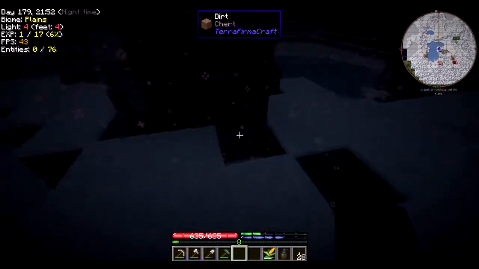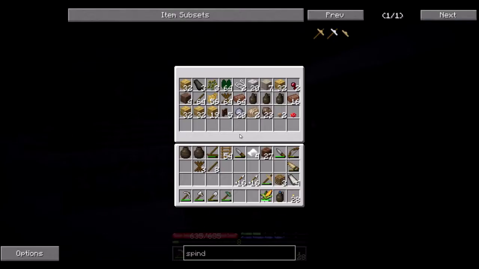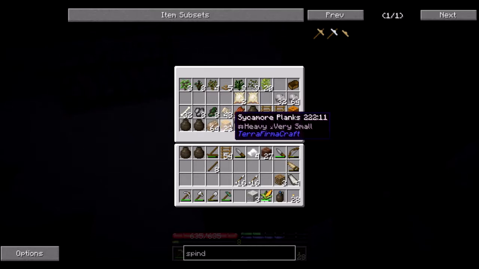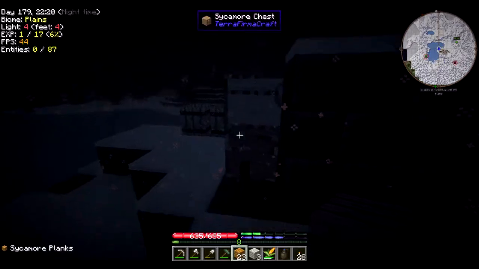I had to build this wall because I found out this pit was actually lighting this chest on fire. I have a feeling, because I was looking at it the other day, that I didn't have a double chest there, and I thought I did, and I'm pretty sure what happened is it burnt. We got some aspen. I'm going to want to be able to make boats. So